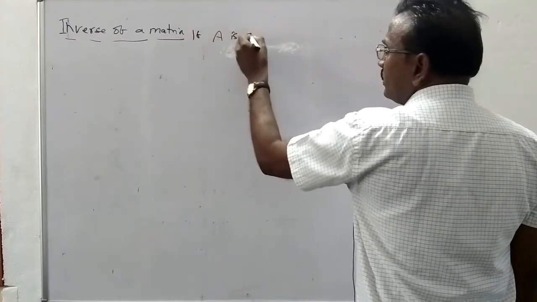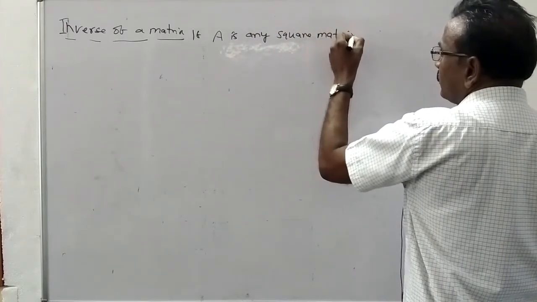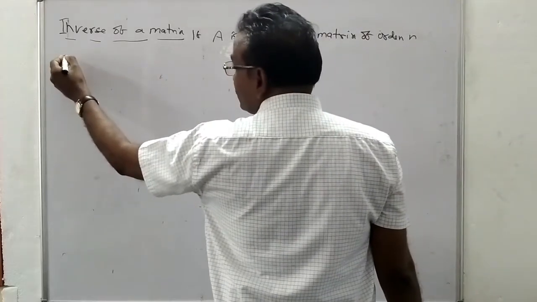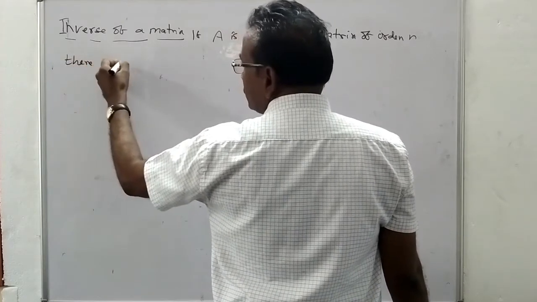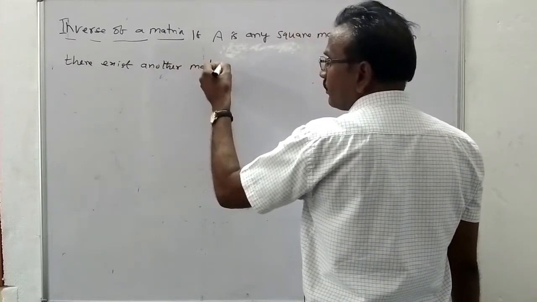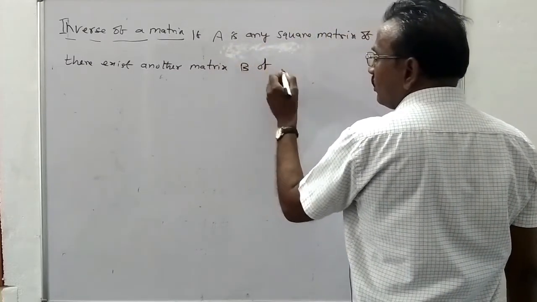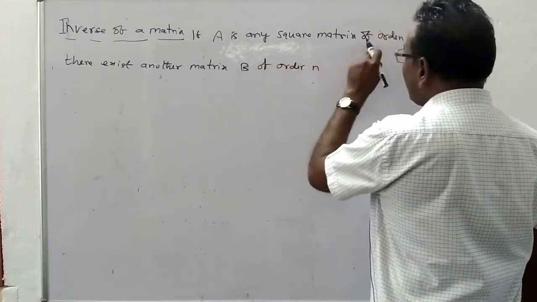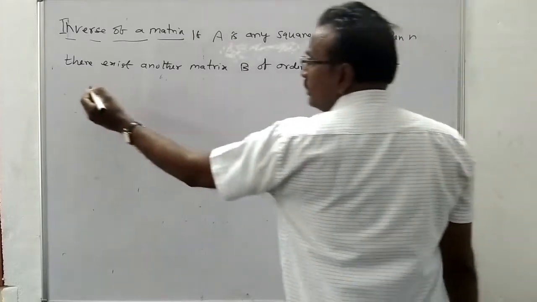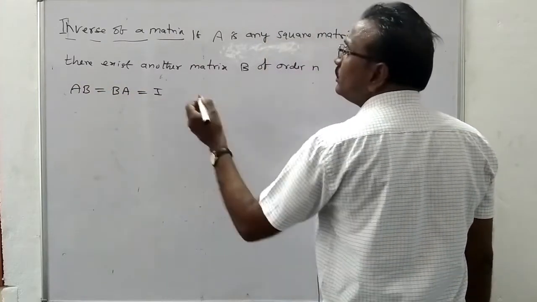If A is any square matrix of order n, and there exists another matrix B of the same order n such that AB is equal to BA is equal to identity matrix of the same order, then